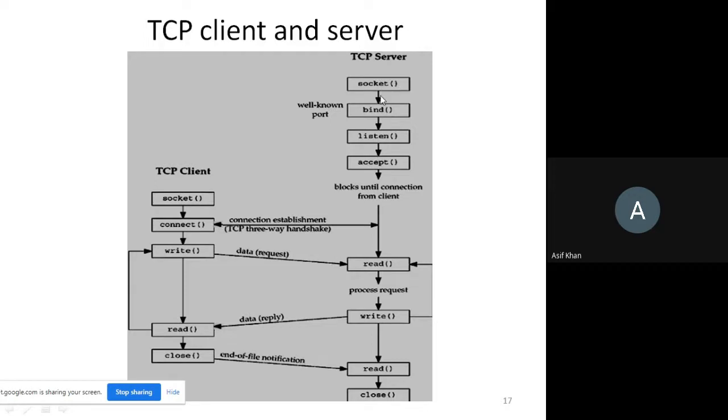So that needs to be bound here with this. That needs to be attached with this socket. Then the server will listen to many clients, but a client is not listening to many servers. This is the reason why the bind function, listen function, and accept function are used here at the server side. On the client side, only the connect function is used. And what are the read and write functions used for?